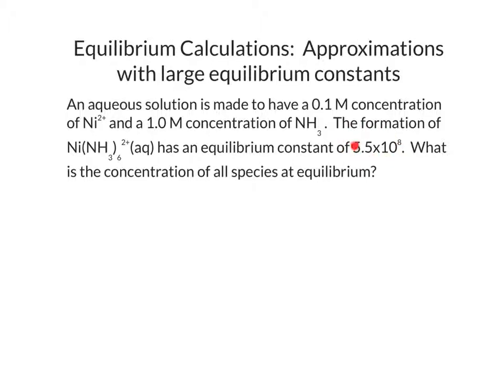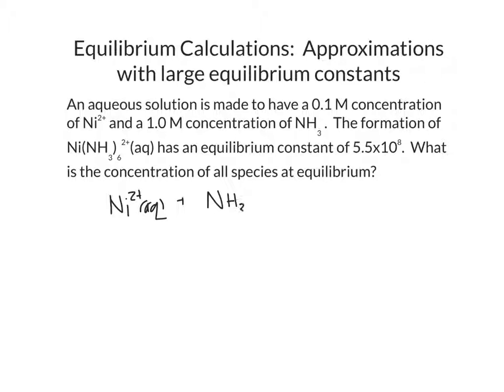Since that's larger than 10 to the third, we can assume that this is a large equilibrium constant and that the reaction goes mostly to products. So let's just dive in and start trying to solve this problem. And the first thing we always need to do is to write an equilibrium reaction that's balanced, that represents the equilibrium we're talking about. So we know that we have nickel 2 plus aqueous, and we have ammonia